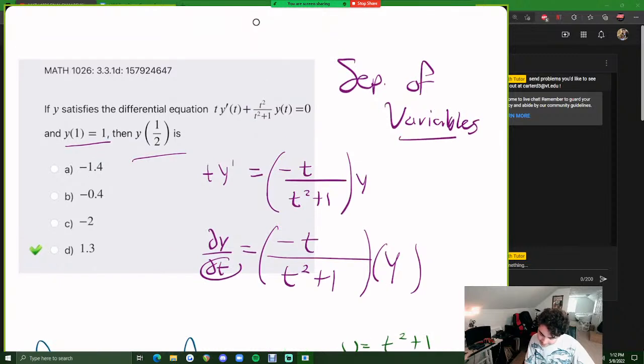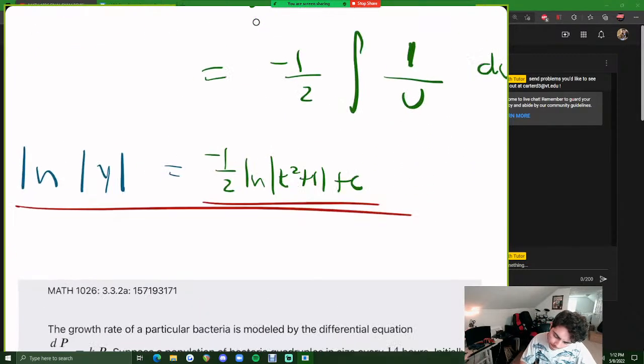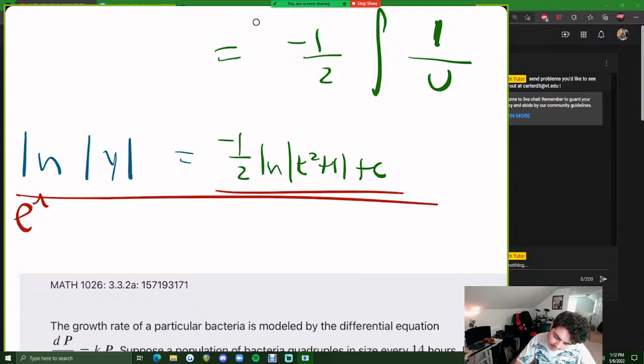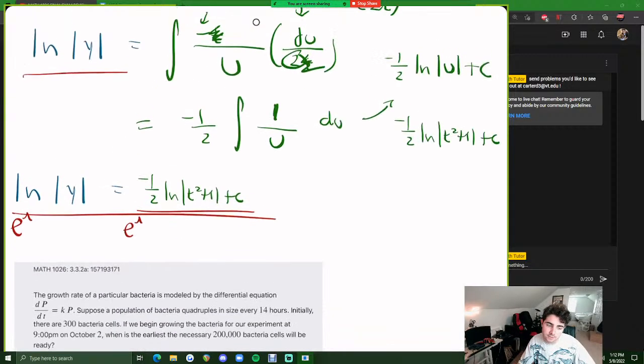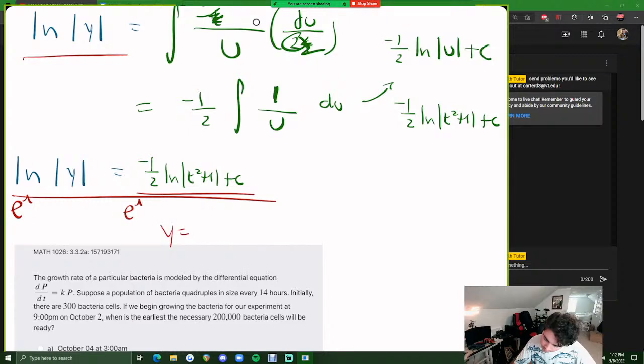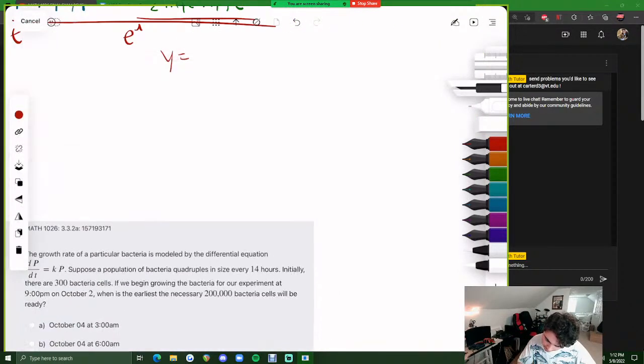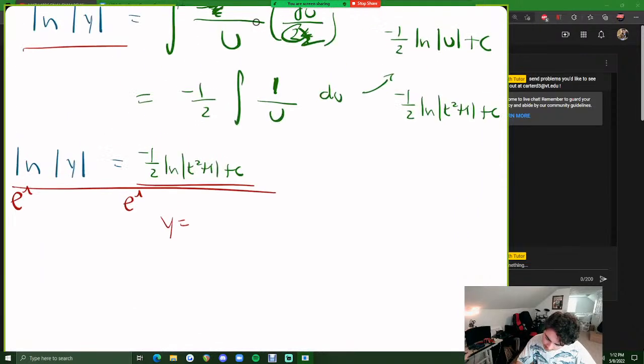Okay, now the next step is to plug in the initial condition in order to solve for c. But actually I might suggest let's solve for y first. So let's get y by itself. Remember, anytime you need to eliminate natural log, we want to make e the base of both sides. As a result, we cancel the e and the ln, leaving us with y equals e to the negative 1/2 ln of t squared plus 1